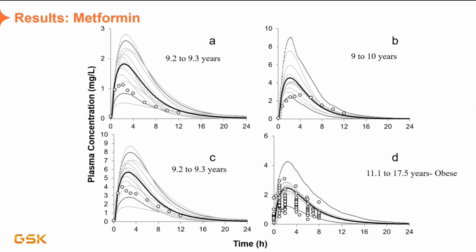Hi, this is Ranga here from Chinook. I had a quick question on this plot you have here. On panel C, you see that the concentrations for metformin go all the way up to 10 milligrams per liter. Even the median concentrations are much higher compared to panel A. What's different between these two simulations?